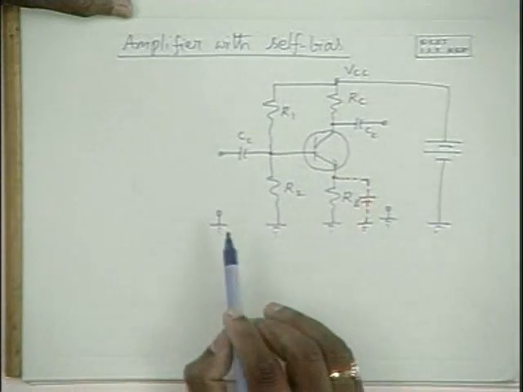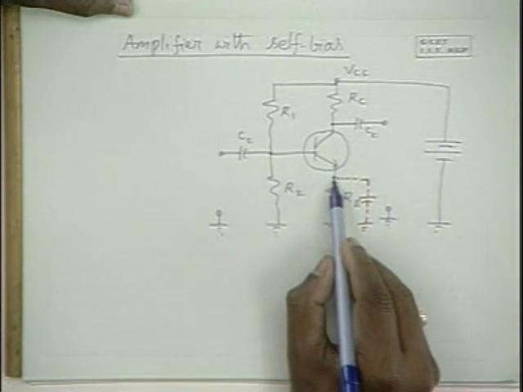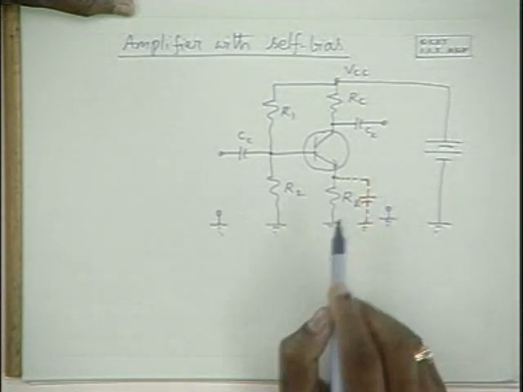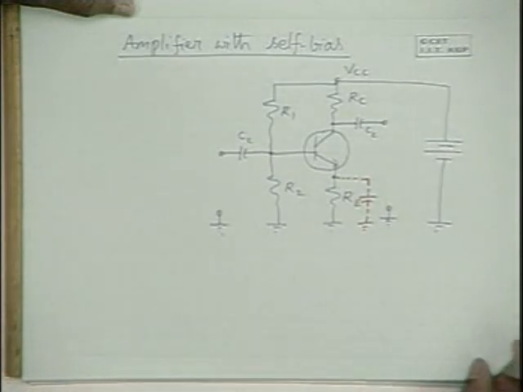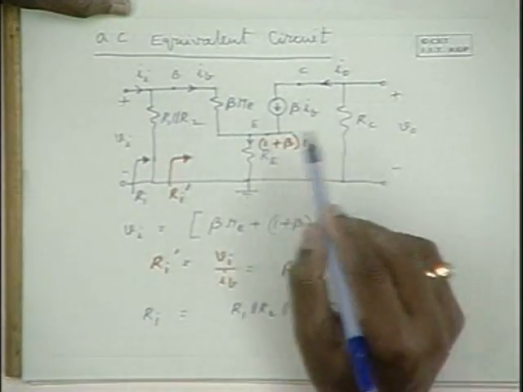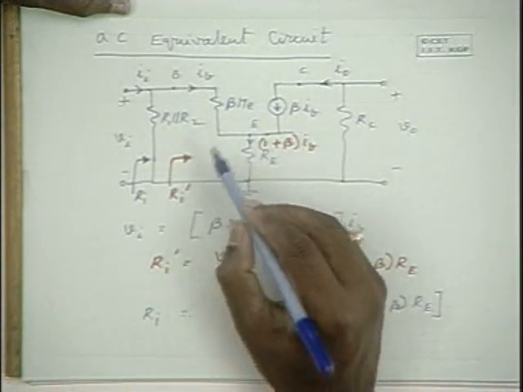So please look at this figure. This is the circuit which we have been analyzing, and the circuit is being analyzed without this capacitance known as the emitter bypass capacitance. That means the emitter resistance is not bypassed. So this is the equivalent circuit which we obtained in the last class. And from this equivalent circuit,